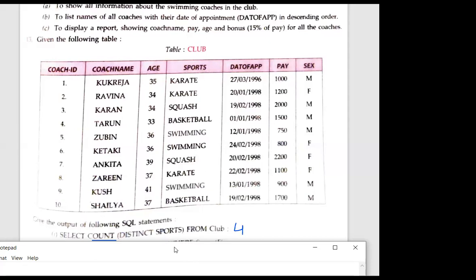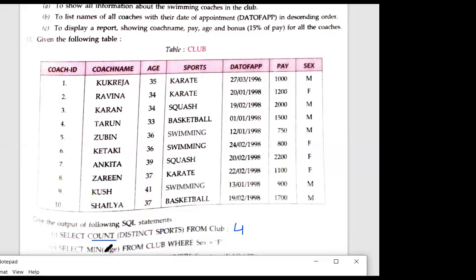Then the next question: now we have the min function. Min function is used to find the minimum value. So min of age from club where sex is equal to F. Yes, Anchal correct, Naman correct.